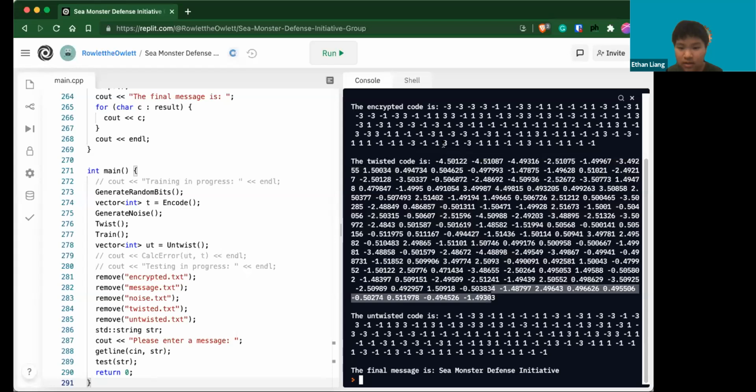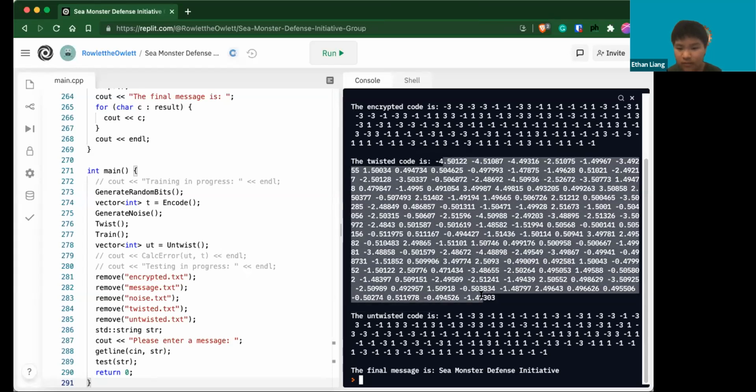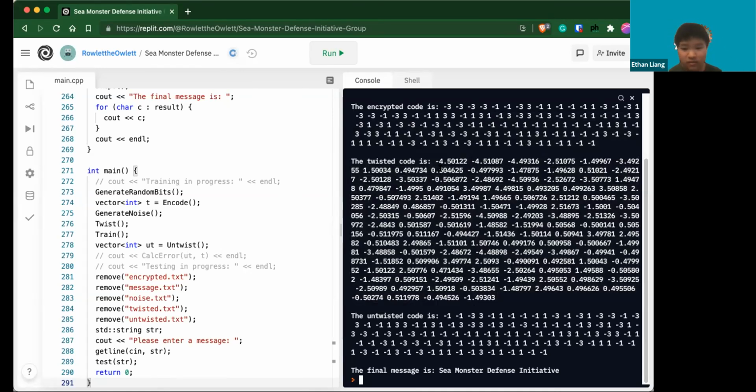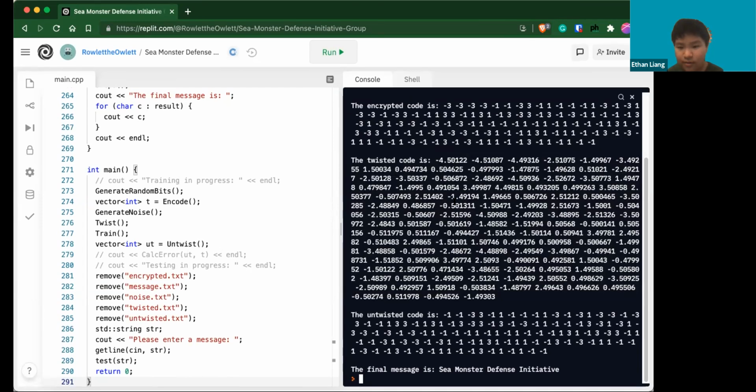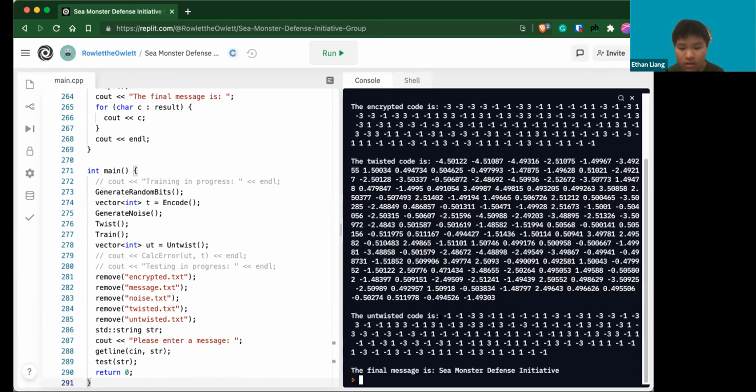You can see that after adding the noise and twisting it, it looks very weird, and you can really tell that there is no pattern to it. This is the untwisted code, and it's basically the encrypted code with one difference. The encrypted code has